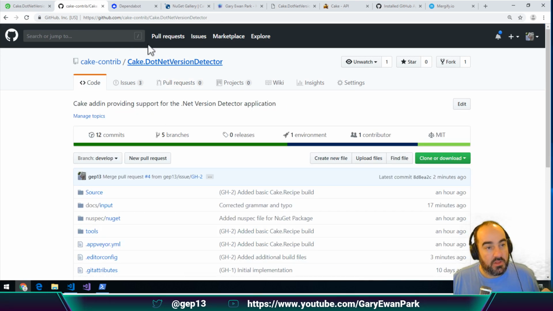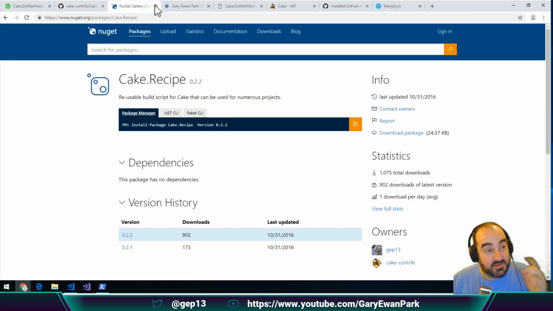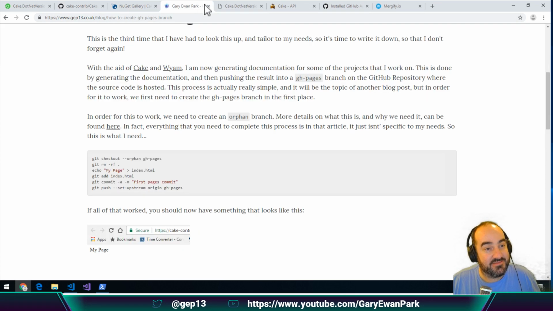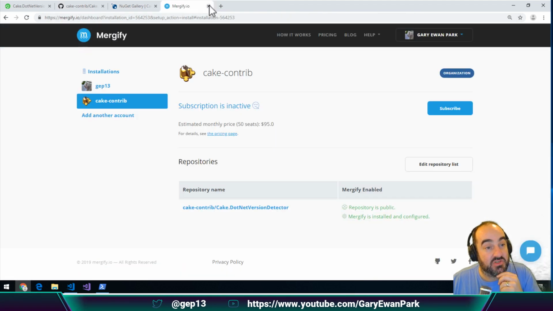So, I've talked about Mergify and I've talked about Dependabot, but I also didn't show it very well because my demonstration didn't work, but that's beside the point. So the next step is really to